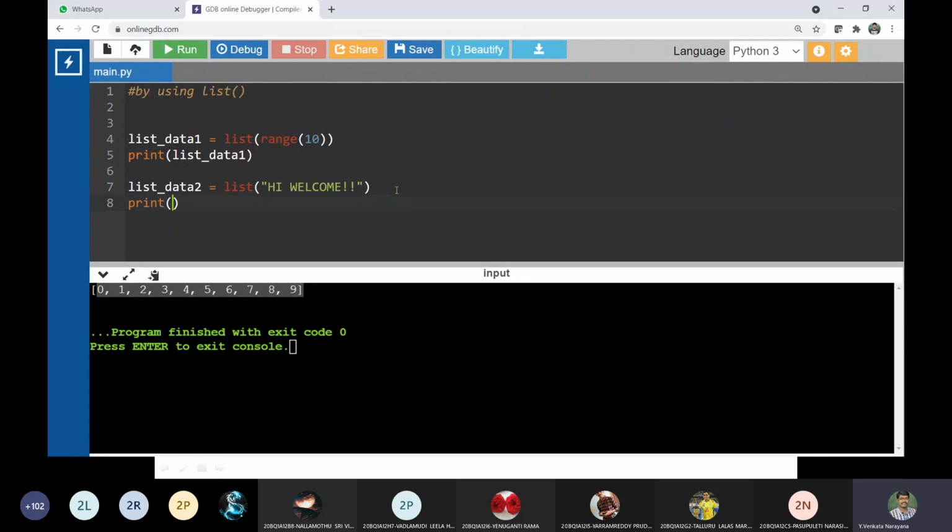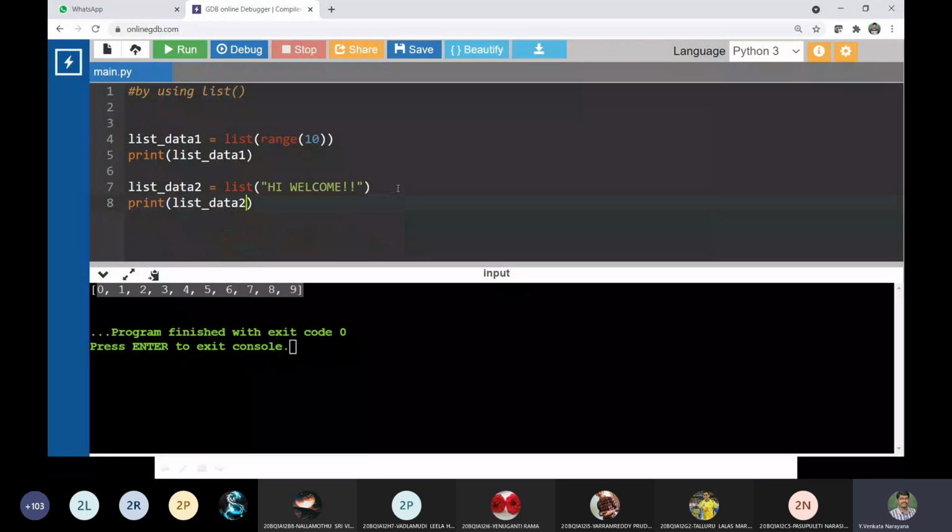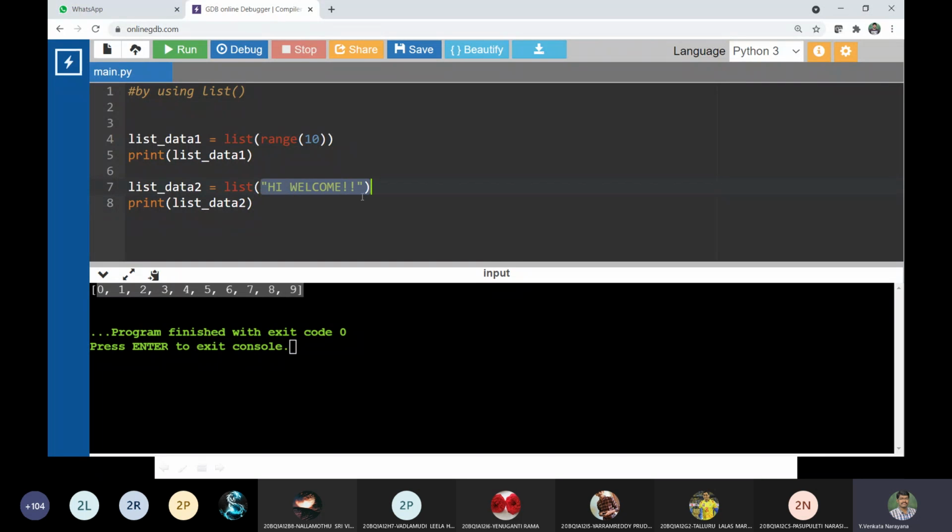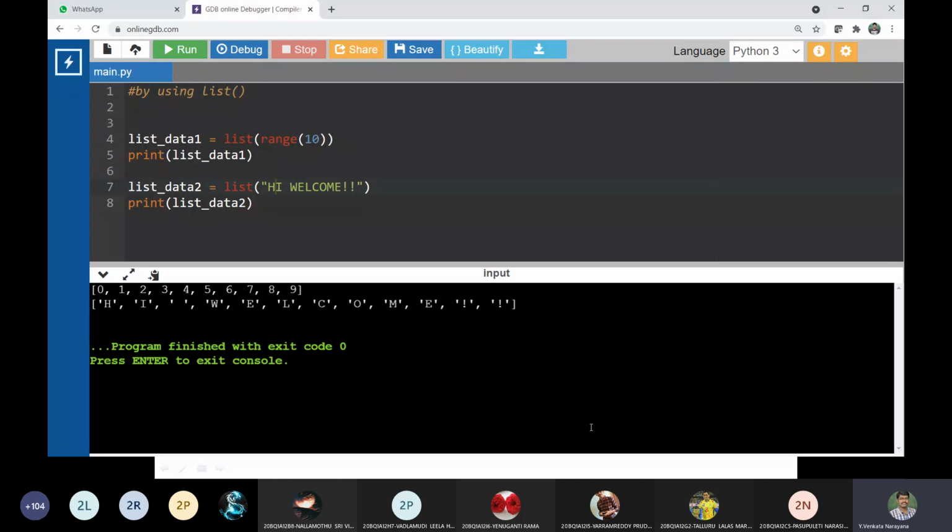Now I would like to print list_data2. Let us check whether it works on this particular string or not. So here we are taking the input as a string, yes or no? This string will be divided at each and every character. See here, even the space character is considered as a single item.